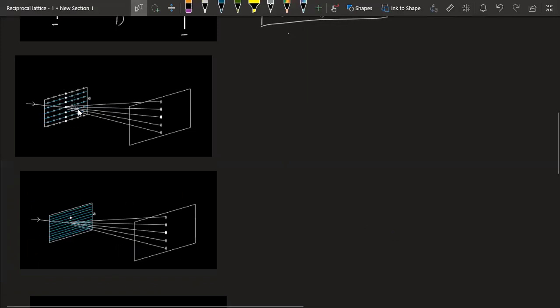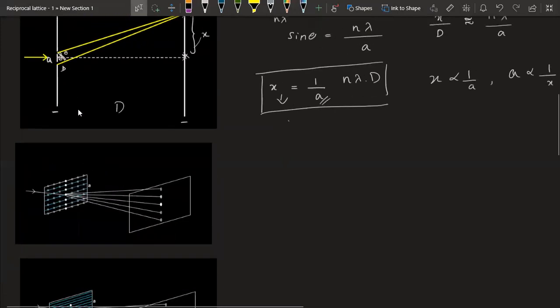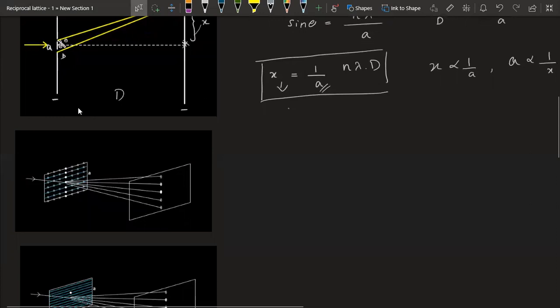This case is exactly similar to the first case, the slit case, because what this slit does is, we shine some light, and these slits act as a secondary source of light, isn't it? So in this case, if you shine some light, these atoms will absorb this light and re-emit. So this slit case and these atoms behave exactly the same mathematically, and even physically they behave the same. So mathematically they should obey the same rules.